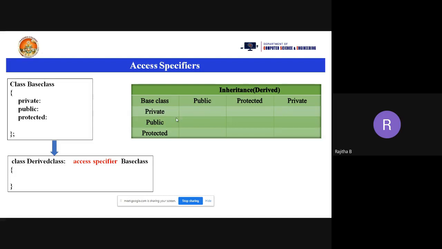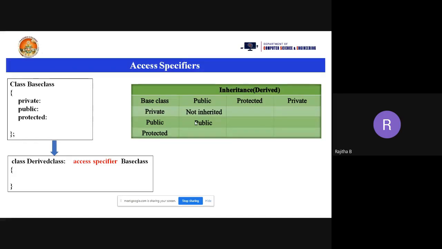Even though you are using public, private members cannot be inherited into the derived class. Now suppose the base class consists of public members and you are using the public access specifier: those can be inherited into the derived class and act as public. Public is always public here when you use the public access specifier.